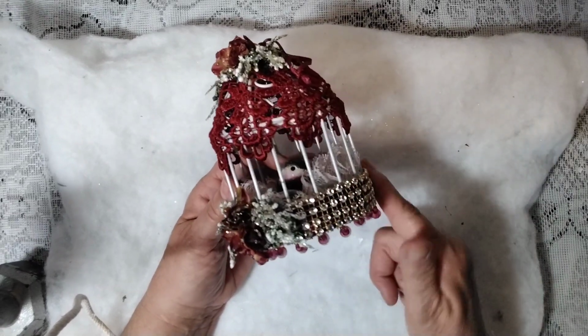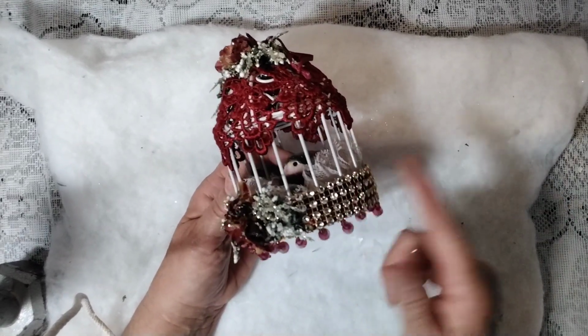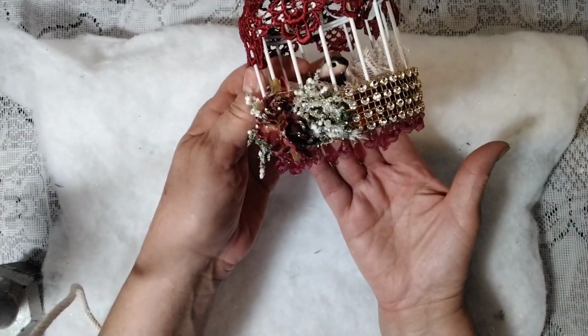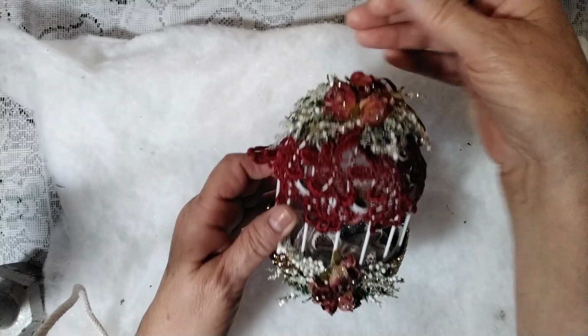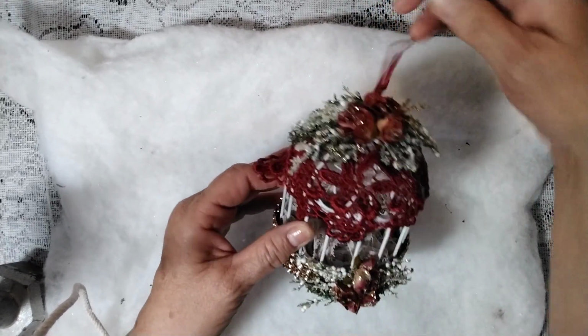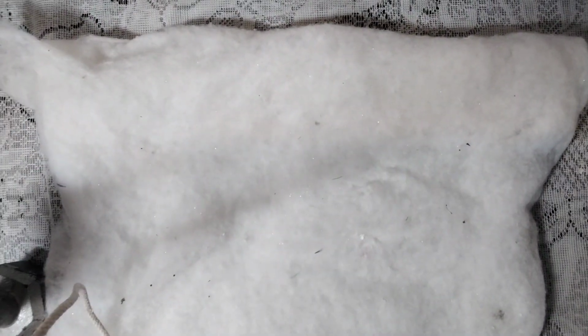And then I put a piece of ribbon, and then I put this bling. And this bling I get at Hobby Lobby. And then I put some, I don't know if you could see the little beads hanging down. And then it just hangs like that. Little ornament with the bird in it. Okay. And so I did those, and then I had this other